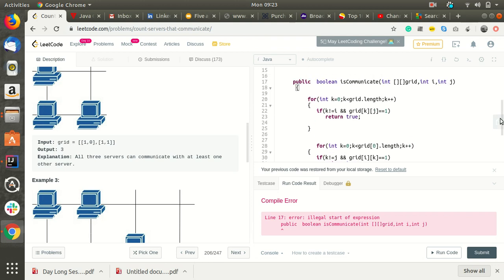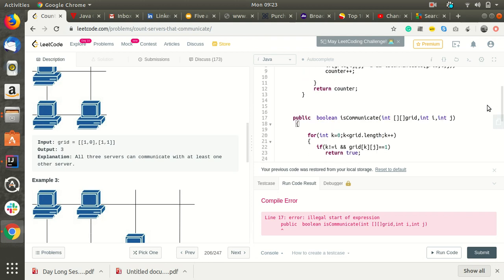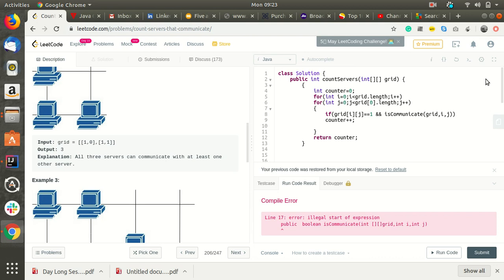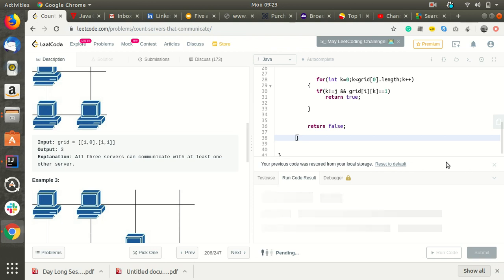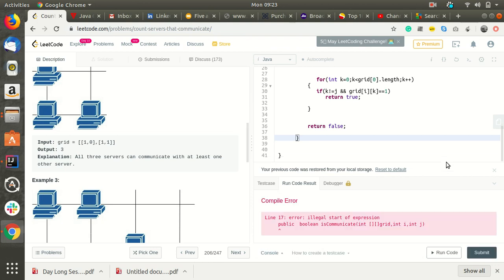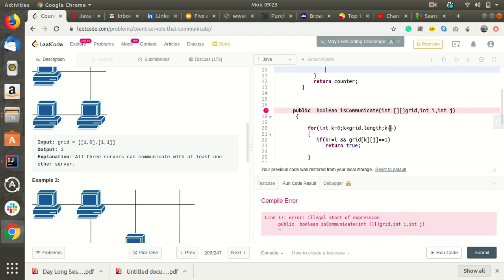Let's check. It looks correct. Let's run it. Illegal start of expression at is communicate. So what's the problem?